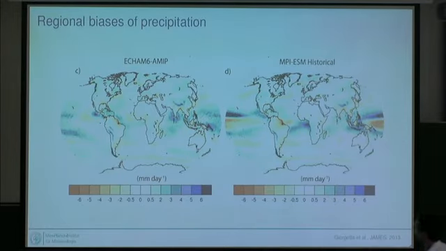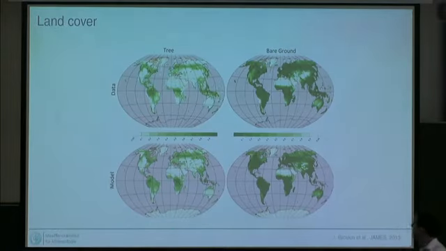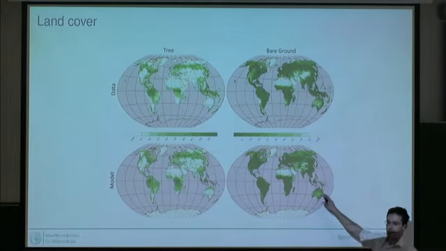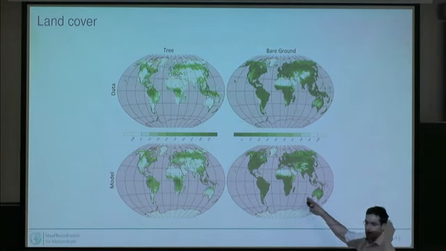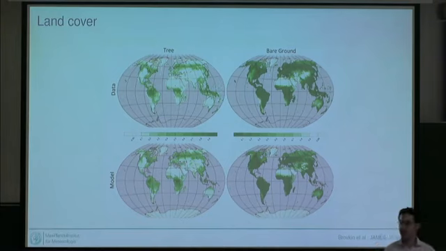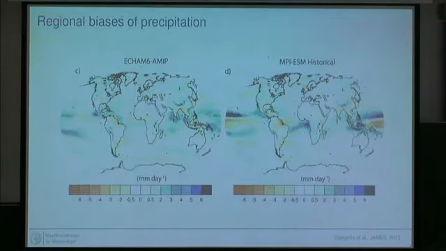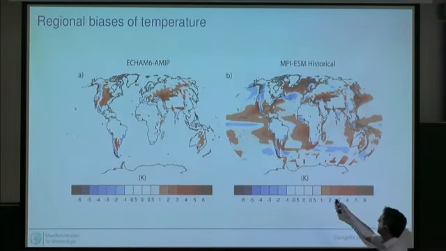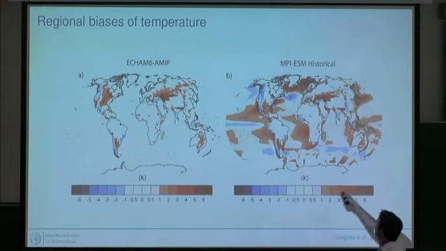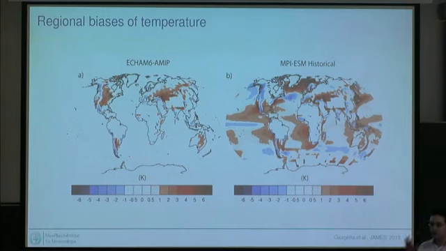I'm not sure if you can really see it here. In Australia, we do have issues sometimes with the precipitation, which then might be related to what happens in the atmosphere-ocean coupling to the west of Australia. So it might be related to something that happens in the ocean. And for example, some of these really long-standing biases here, that we have too warm water, so possibly too much evaporation, too much precipitation to the west coast of all these land masses here, is something you basically see in every coupled model, and we don't really understand how we can get rid of that. It's probably one of the longest-standing, strongest biases we have in those global models.